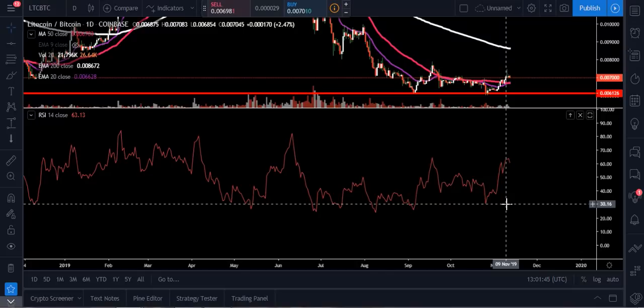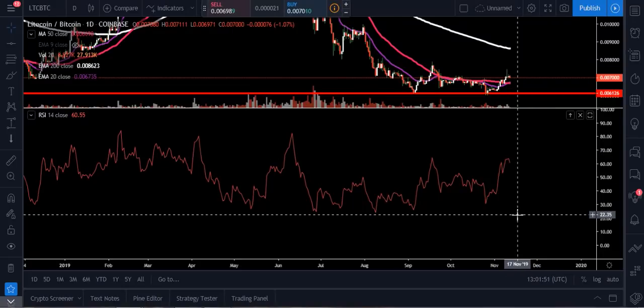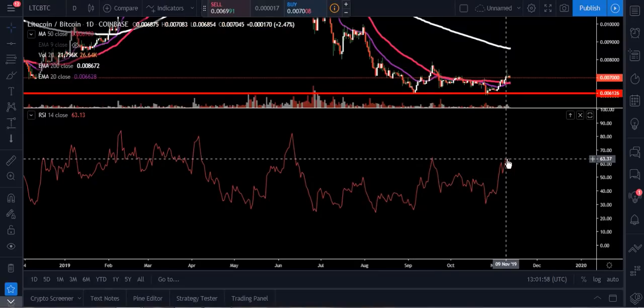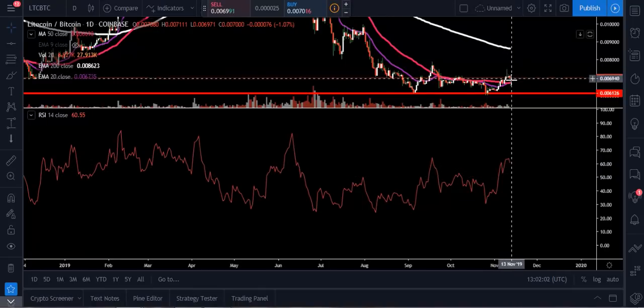Price was about the same or going down a little bit, and our RSI was actually gaining strength. You can see how we've been gaining strength right here. And guys, whenever you look at things, really look at support and resistance. Just like you see right here, 64 is a resistance point, and that's exactly where we hit right now. And now we're starting to curl back down and cool off, and we're going to have to see where we